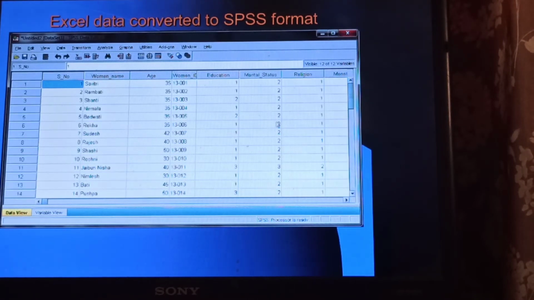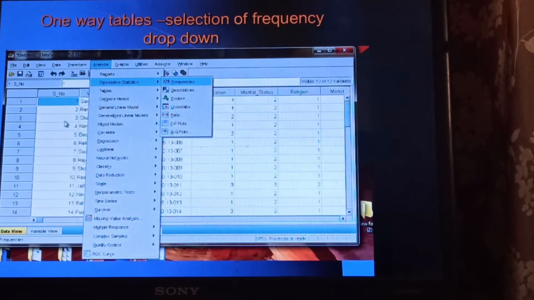If you see the entire data, the 20 patient data as such is converted to SPSS format, and the first row is taken as variable names. So you have here data view. This is about data view. If you go to variable view, you will get the variable view in a different manner.